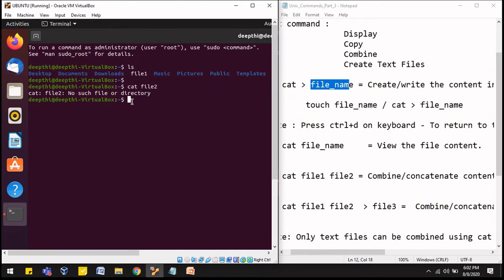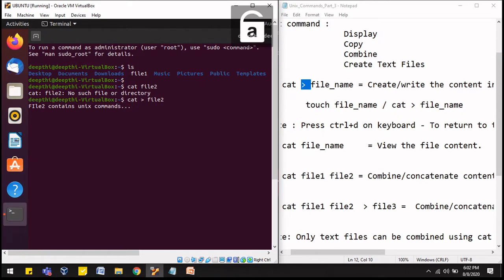So for that you will write cat, and as I told you, you have to use this operator, and after that if you write file2 and press enter, you find that the cursor is blinking. It is telling us to write something into this file. So let's say I write: file2 contains Unix commands, right?